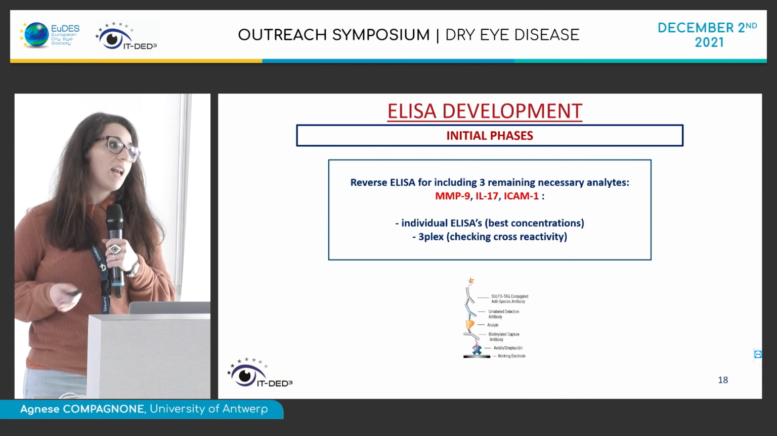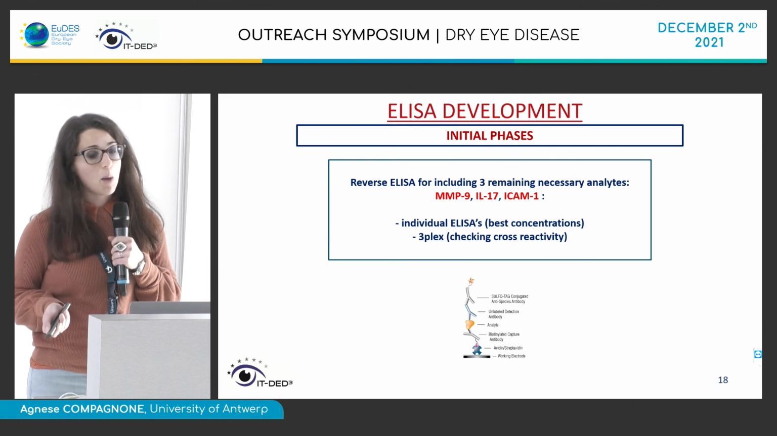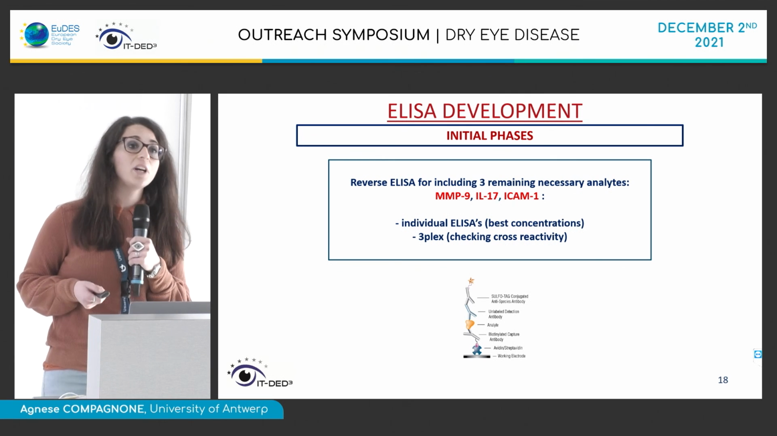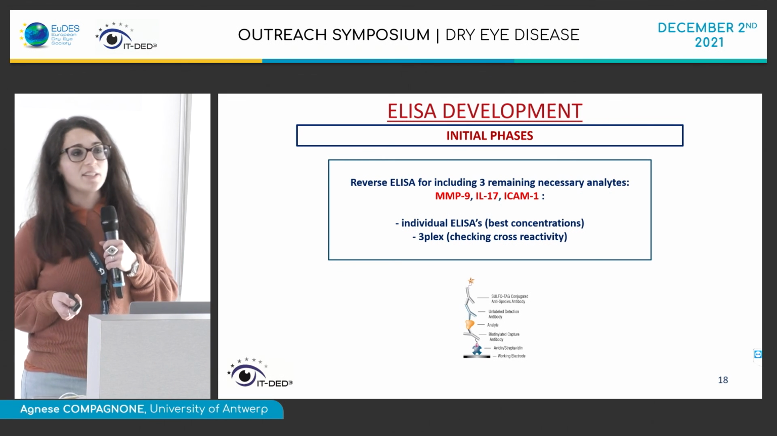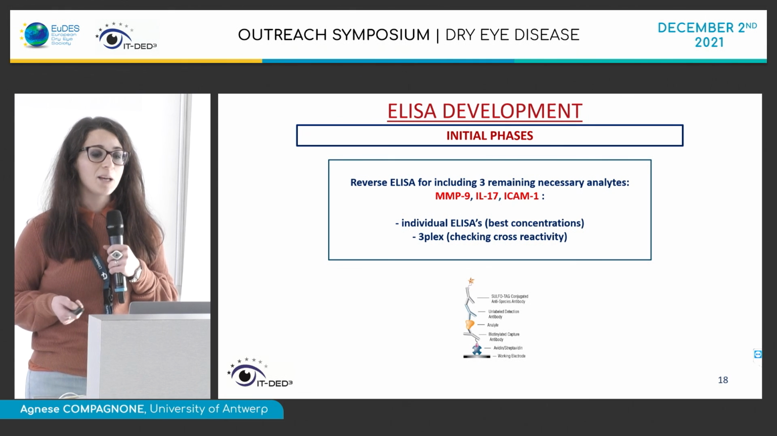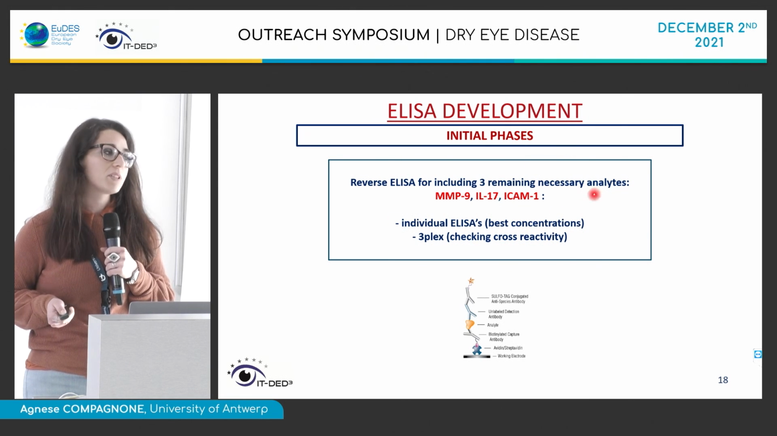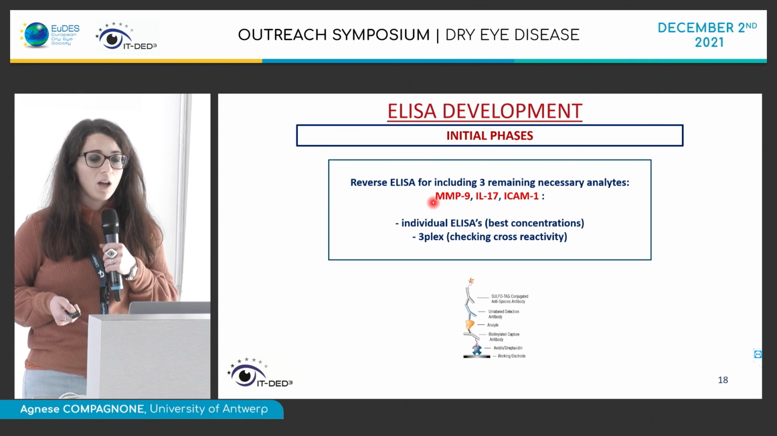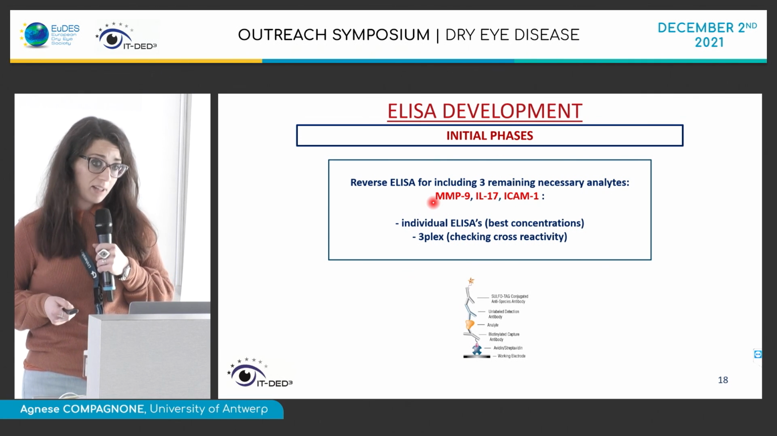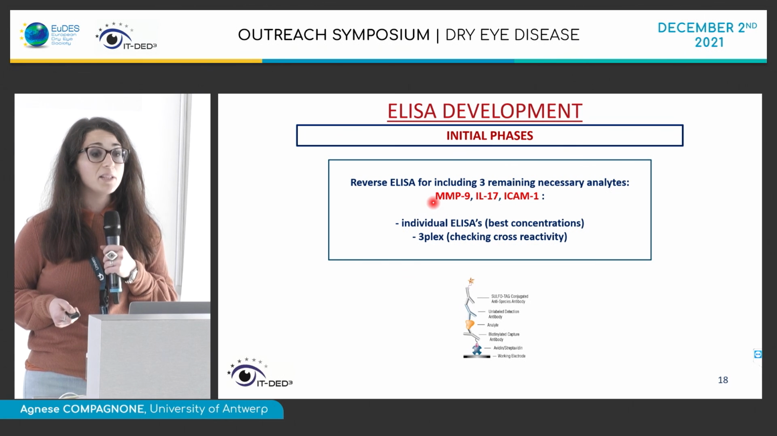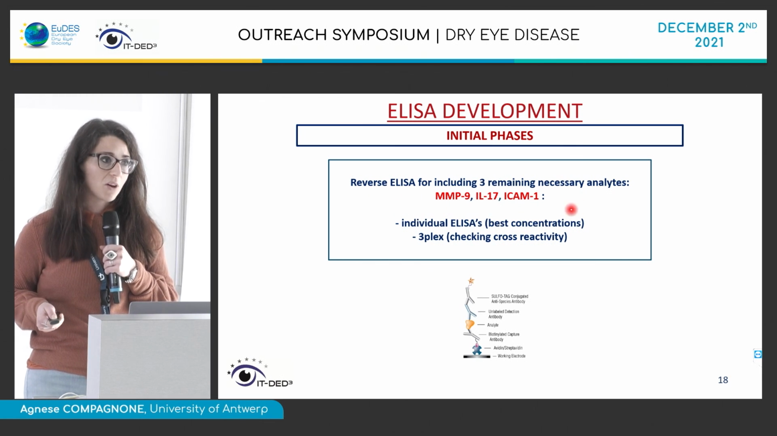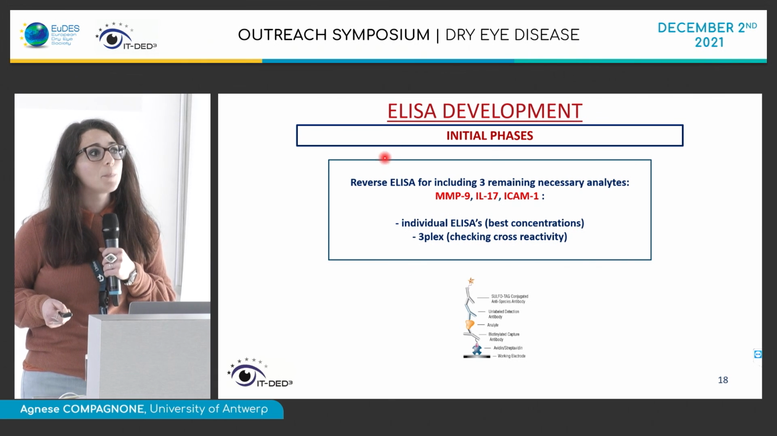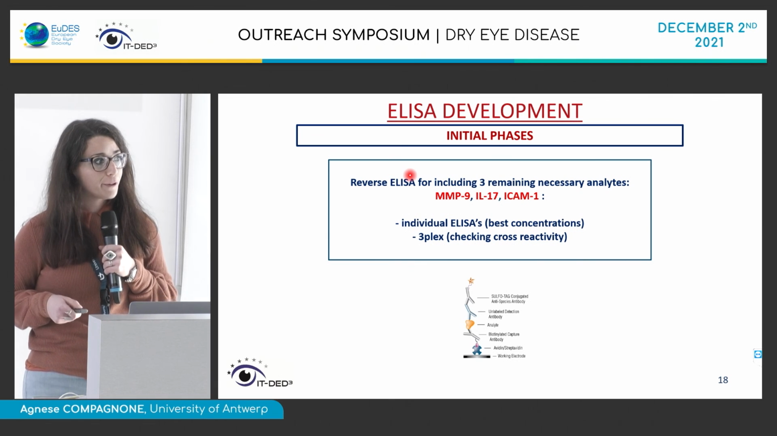Regarding the ELISA development, the other step of the project I was mentioning before, I started developing this ELISA because I needed to include three important biomarkers for dry eye disease in my project. So I needed a triplex. I started performing individual ELISAs at first in order to check the best concentration for every step of the